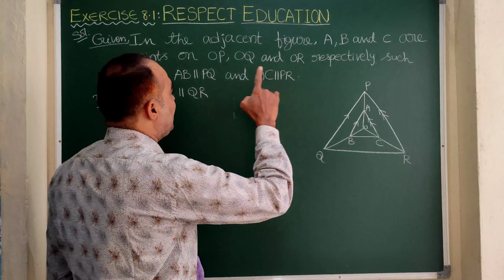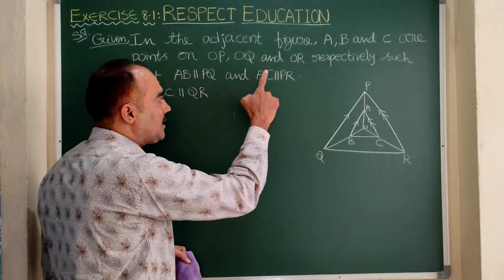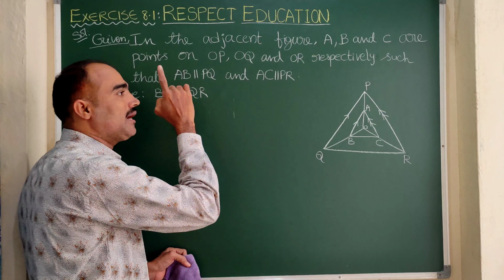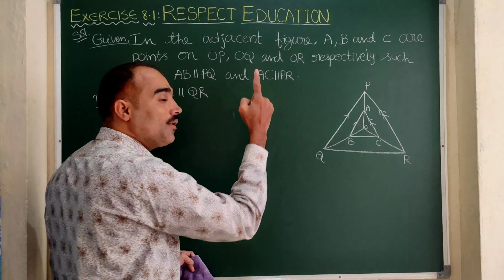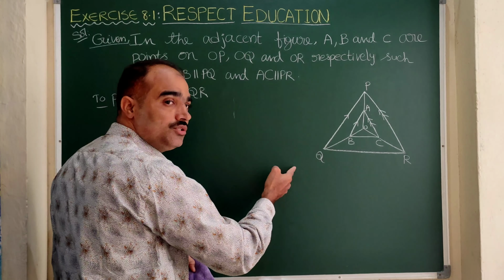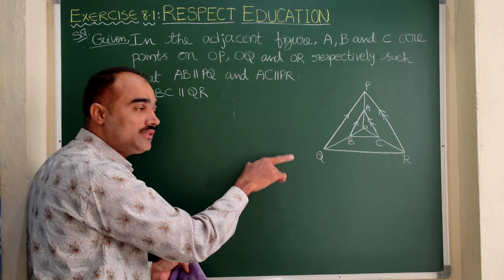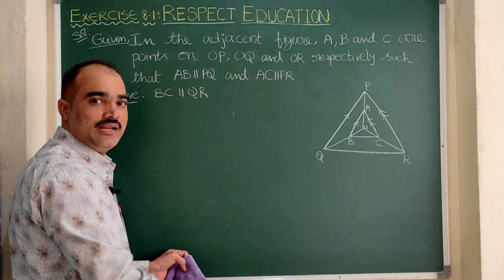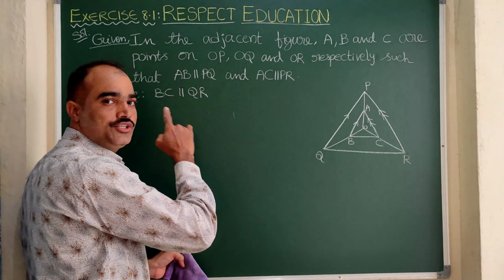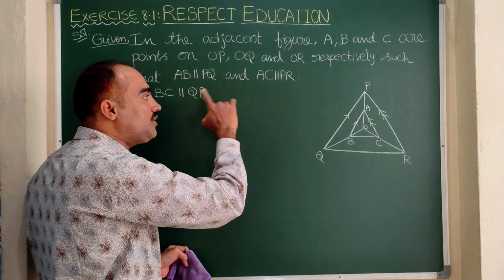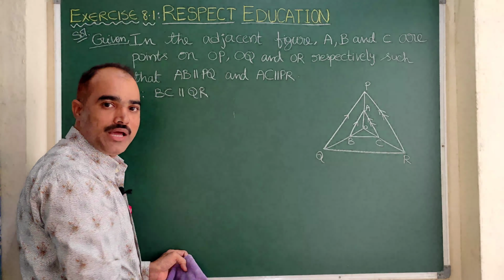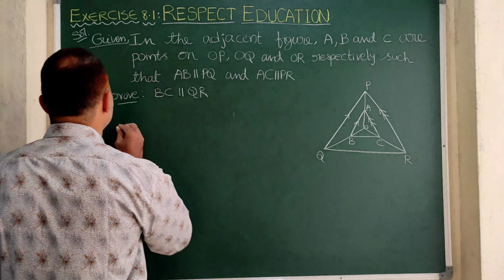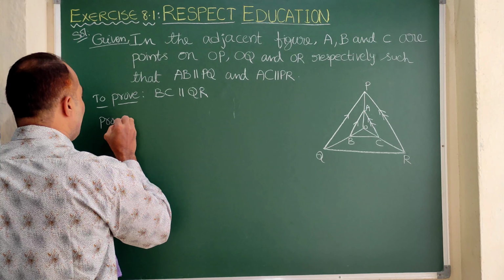Here the parallel condition is given. We need to show parallel condition only. But here we need to understand the journey: from the parallel condition we need to enter the ratios, and from those ratios make it one single ratio. From that ratio we need to reach this parallel. Here the journey is parallel to ratio. From those two ratios you will get one ratio. From that ratio again we need to go towards parallel. So let us understand it clearly. So let us start the proof.